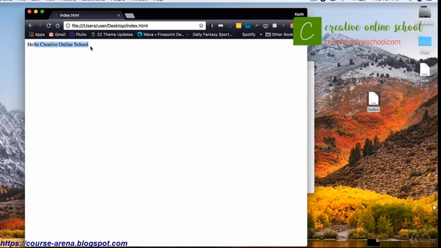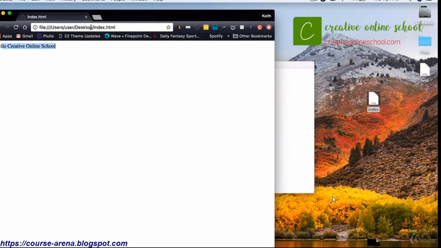Now, this is nothing that's going to win any prizes for creativity, but I just want to show you what a basic HTML file looks like. Now, another thing that you're going to want to take a look at here is I'm going to move this over to the side. I'm going to keep this open. It's still referencing this index.html file. I'm going to come back to my document here,